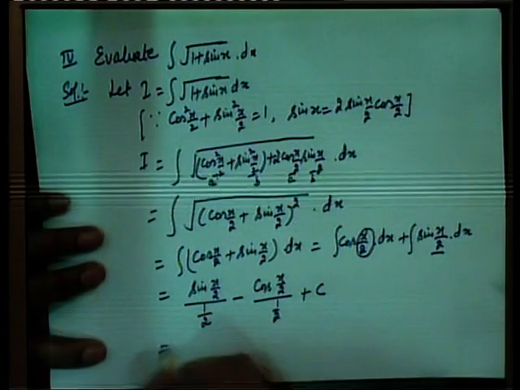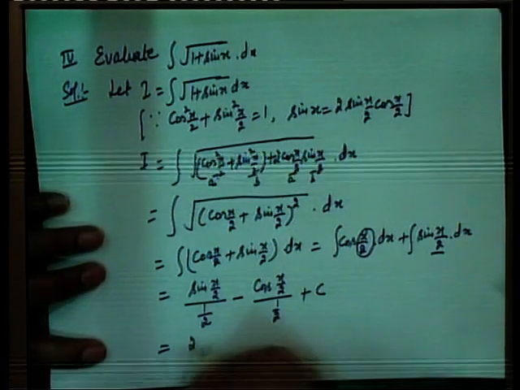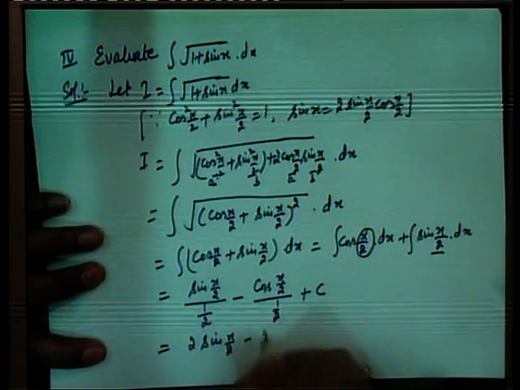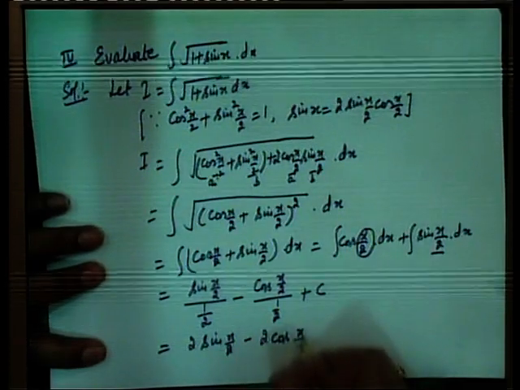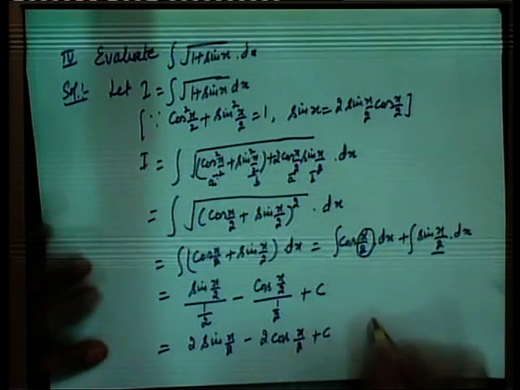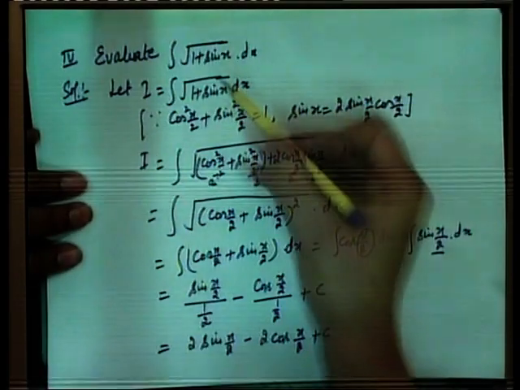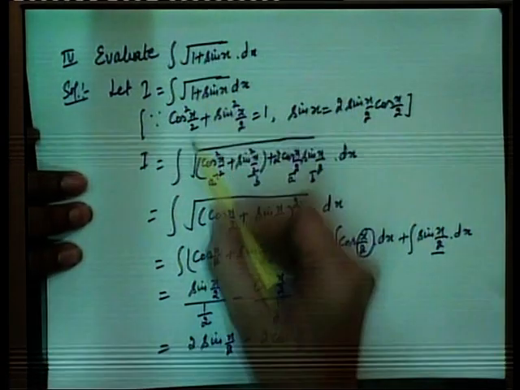In the next step, we take 2 in the numerator, and it becomes 2 sin x by 2 minus 2 cos x by 2 plus c. This is our answer. Let us repeat the steps we have done. Replaced 1 by cos square x by 2,